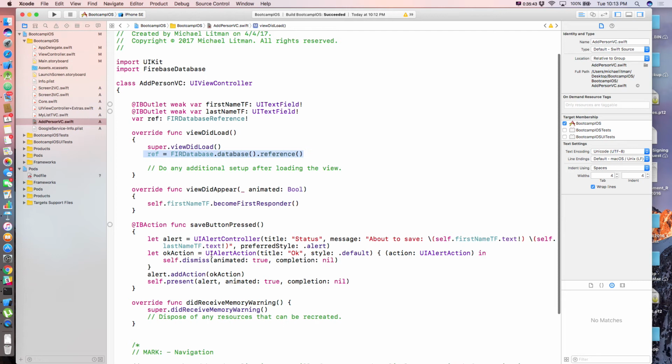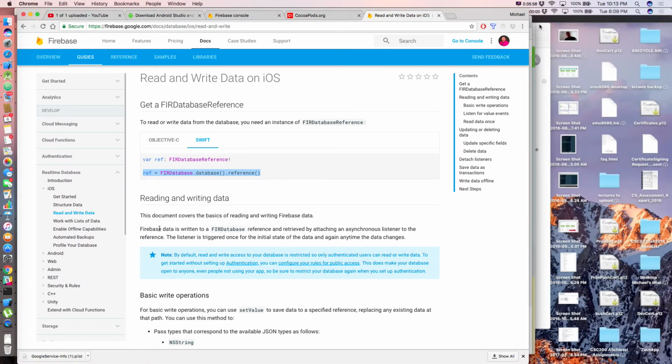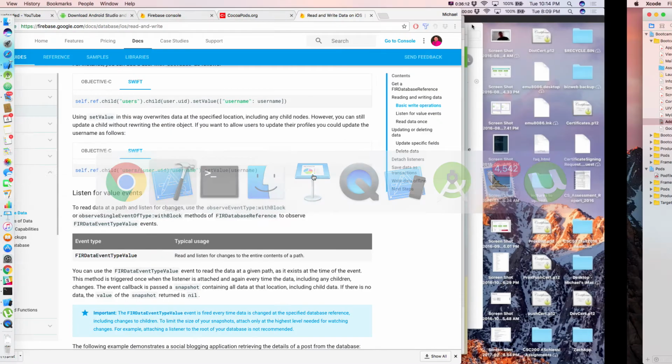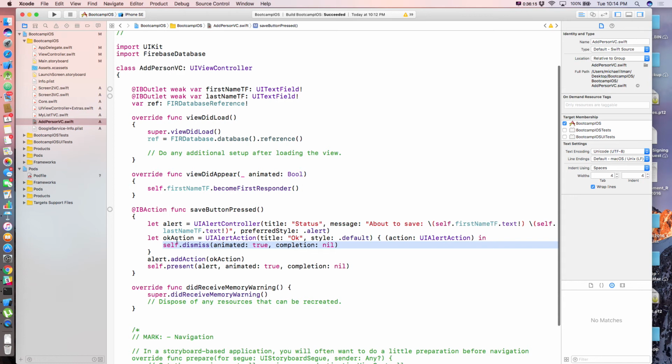Now, when I save something, before I dismiss stuff here, I want to save the first name and last name that was in there. I want to save it in my database. Down here, it tells you to save something, you can create a child and set the value at that child. And this is actually a dictionary. So let me show you what we're going to do. When you hit the OK button, before we dismiss stuff, in fact, I'll get rid of this dismiss for a second. I'm going to say let valToSave equal